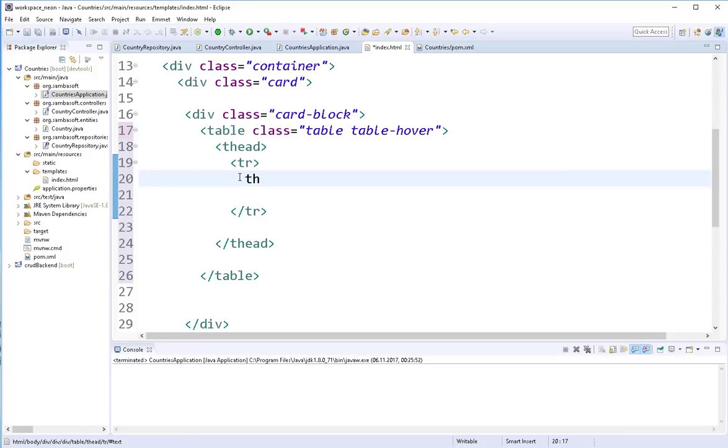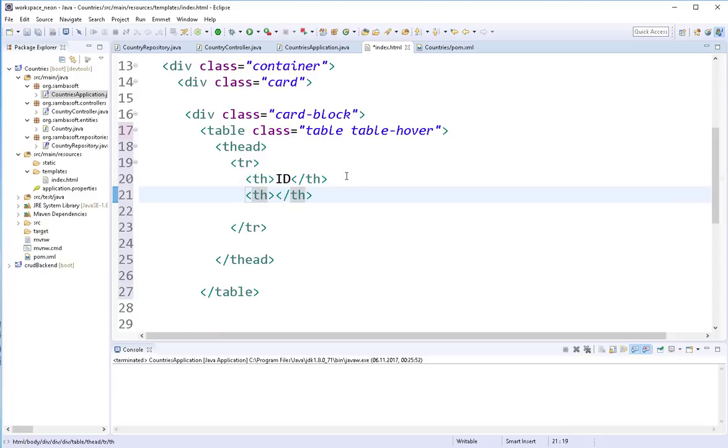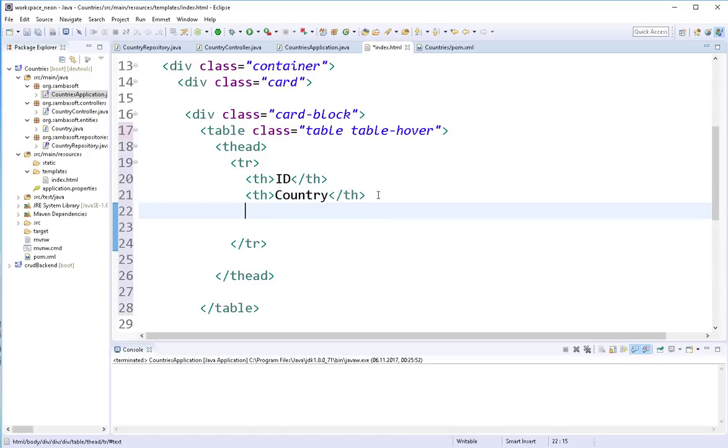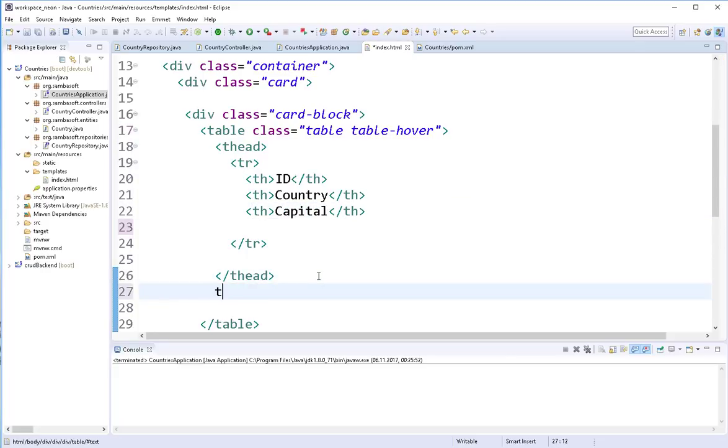So th, I'll call this id, and the next one th, I'll call this country, and the last one th, I'll call it capital. Then I'll add here a tbody,